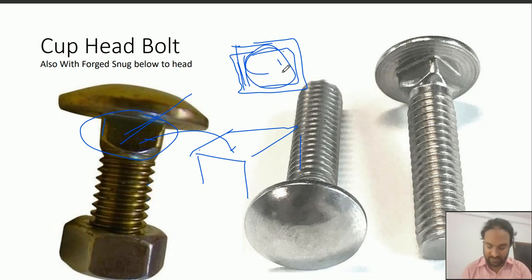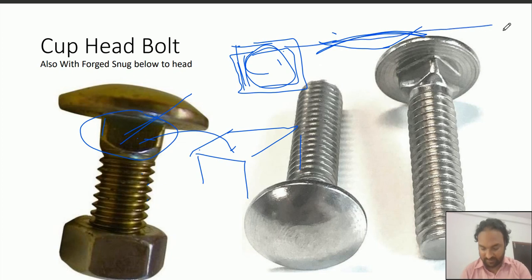And sometimes when this cup head bolt is used, we give this much depression, so that the head of the bolt can be accommodated in the part, and the top surface remains flat with the surface.